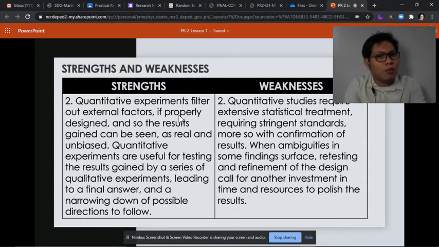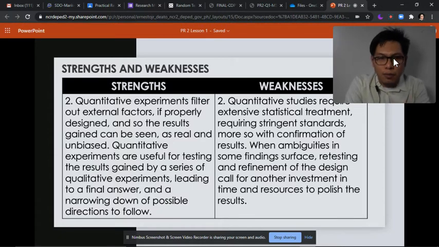So, quantitative studies require extensive statistical treatment requiring stringent standards more so with confirmation of results. When ambiguities in some findings surface, the testing and refinement of design call for another investment in time and resources to polish the results.